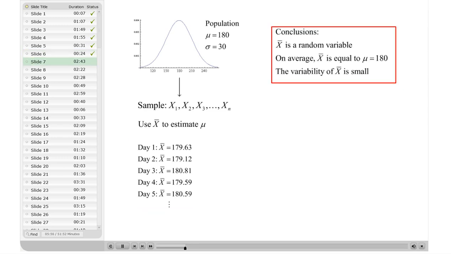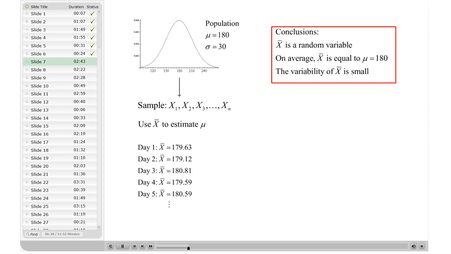So by doing this, we see a few interesting things. First of all, we see that the sample mean x bar is actually a random variable, and this makes perfect sense. If I take a random sample of size 2000 from my population, well, the men that I actually select in the sample were randomly selected, which means that the numbers that I get whenever I measure them are basically random numbers, and so the sample mean I get is going to be random. To think about this a different way, if I take one sample today and I calculate the sample mean and I get 179.63, well, when I take a sample tomorrow, there's no reason to expect that I'm going to get